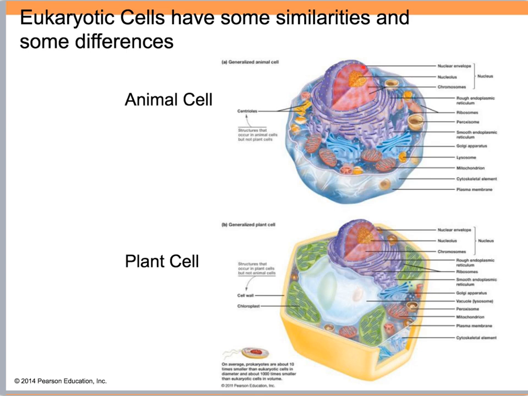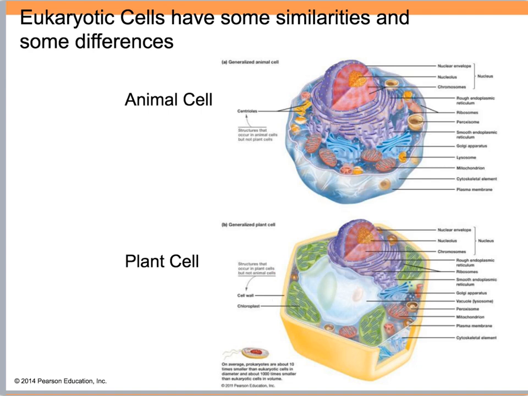For example, they both have a nucleus. They both have things called mitochondria. They both have things called endoplasmic reticulum and Golgi apparatus. But there are some differences, and you can see some of those differences in these pictures. For example, you can see that the plant cell has a very tough outer cell wall. That's something that doesn't exist in animal cells. Both of them have a plasma membrane that surrounds the cell, but only plant cells have this tough outer cell